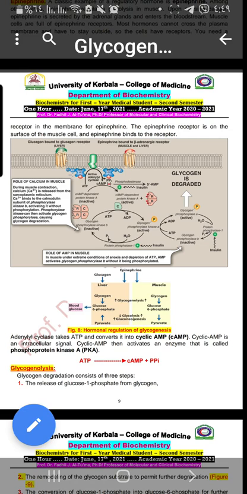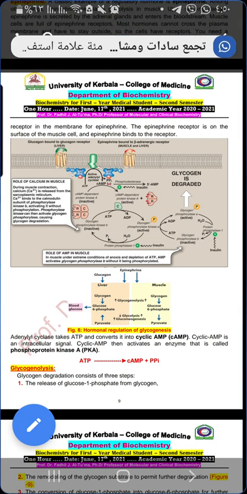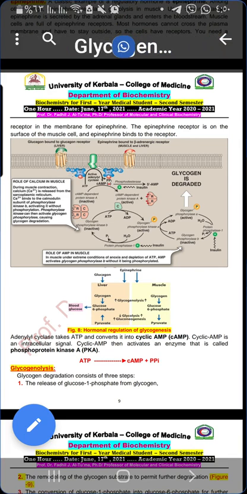After receptor binding, the hormone stimulates the enzyme adenyl cyclase to produce cyclic AMP. The cyclic AMP is a second messenger, which converts protein kinase A, the inactive form, into the activated form, which then